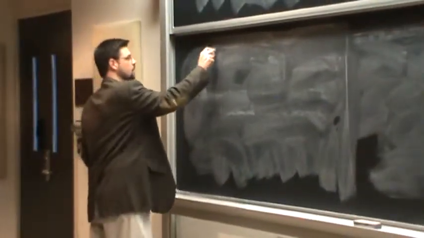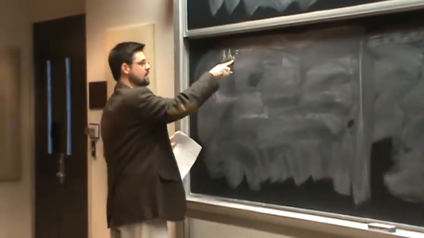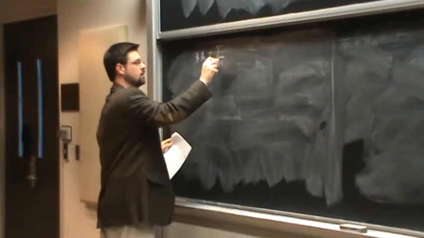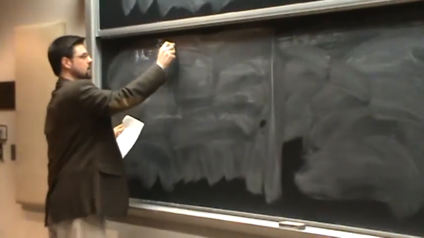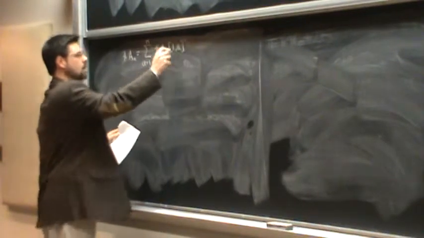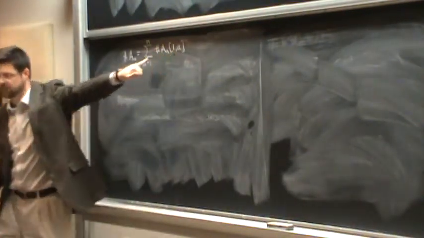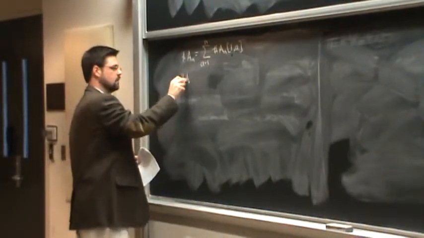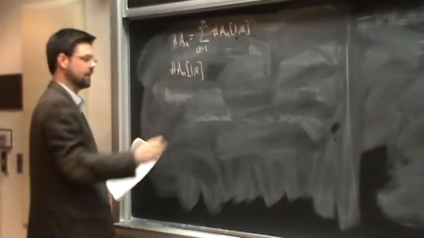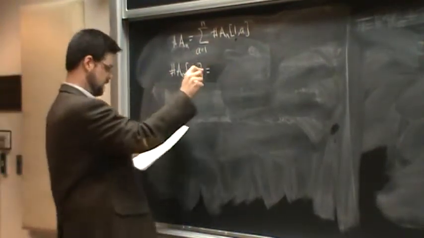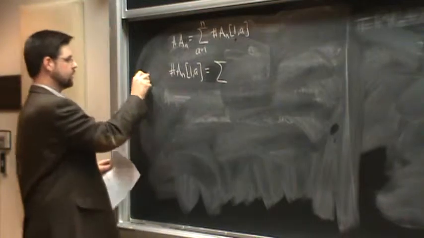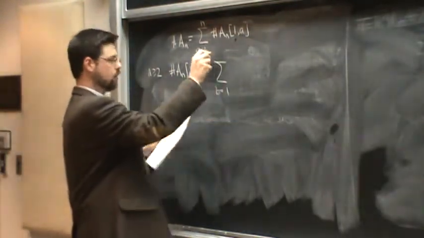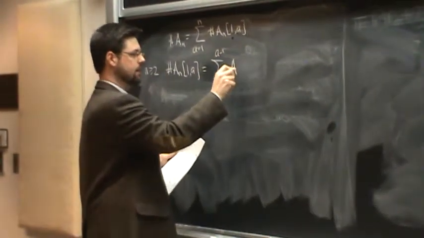So, number of permutations avoiding 23-1 of length n. We just look over all possible first letters that can show up. How do we count that? It's a process of trading in one set for another until we can count them all. So this is for n is equal to or greater than 2. When we look over all possible second letters,